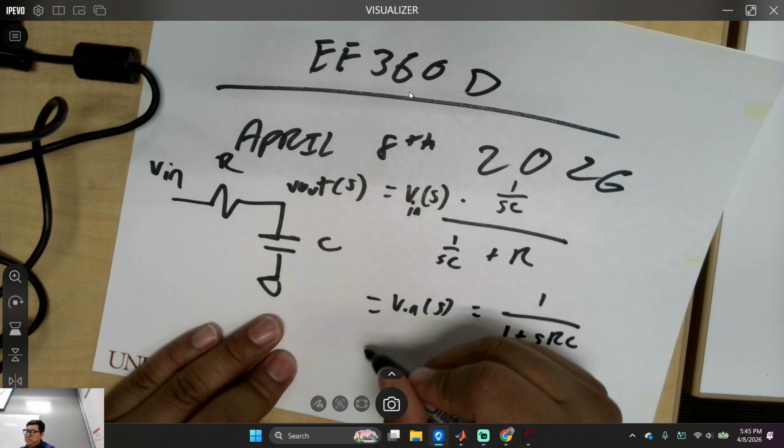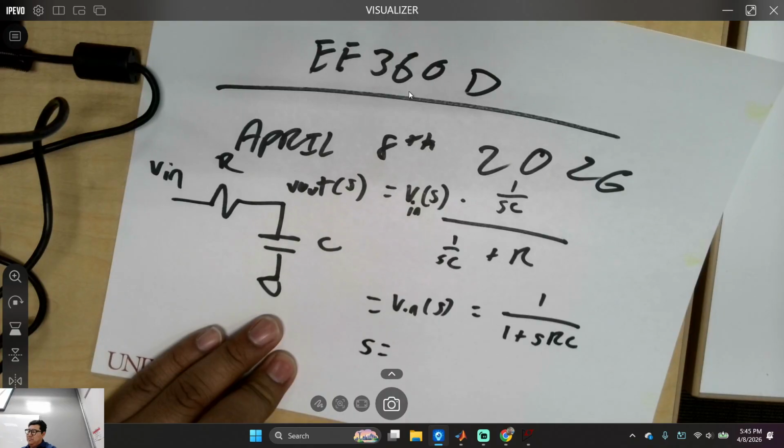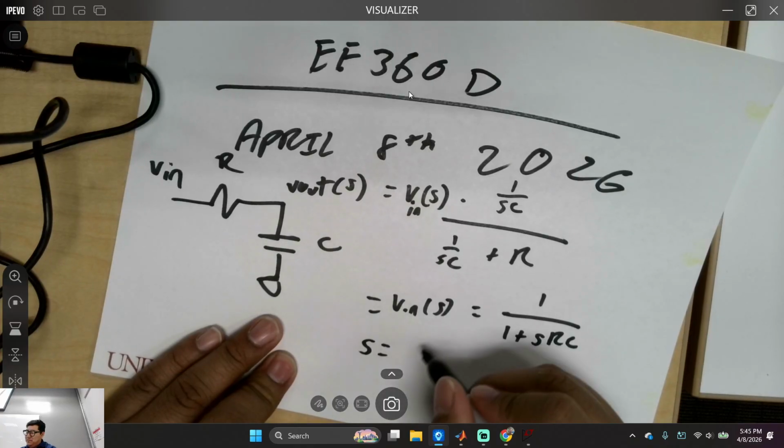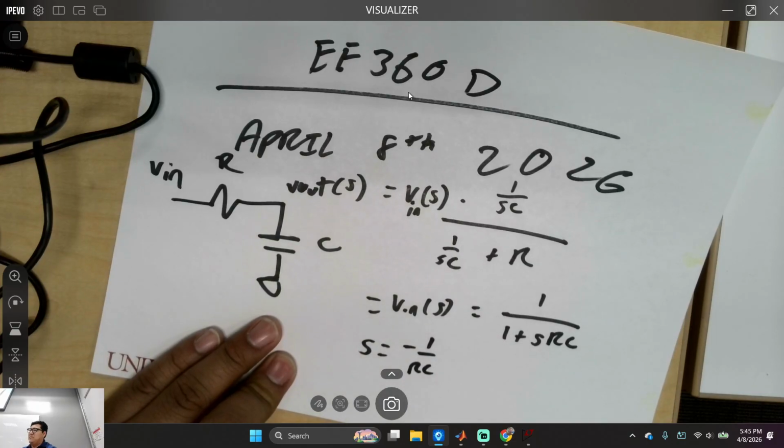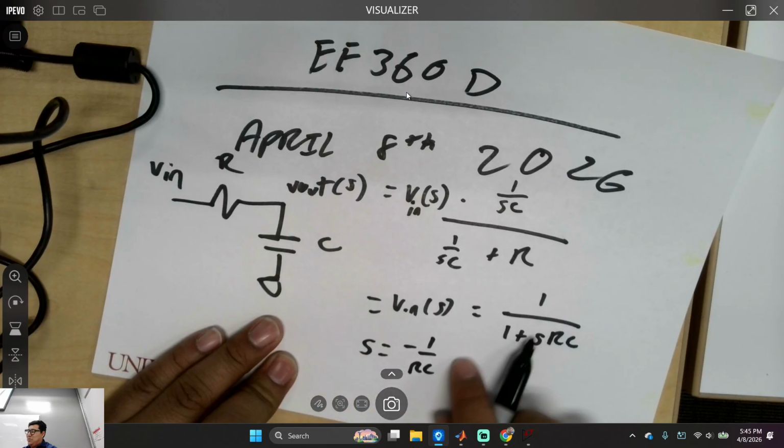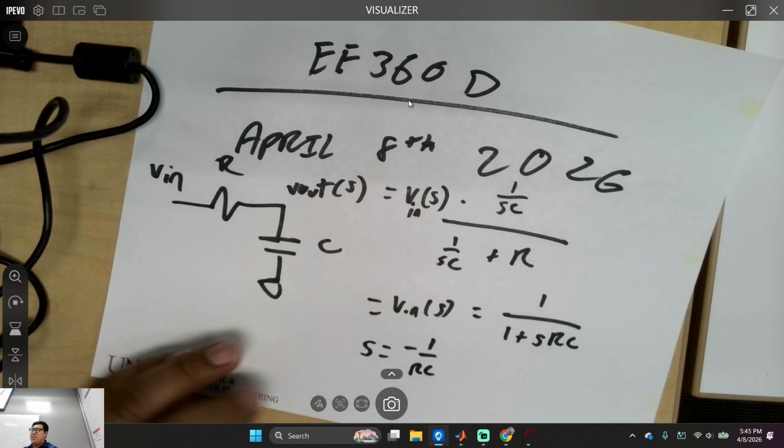In terms of S, what's the transfer function? Vout over Vin, right? What's the transfer function? Not hard. How do I make this easier? Everyone understand what's going on? Where's the pole? At S. What do I do at negative S? So when S is equal to this, then this whole thing turns into -1. Boom, you have a pole. Does that make sense?